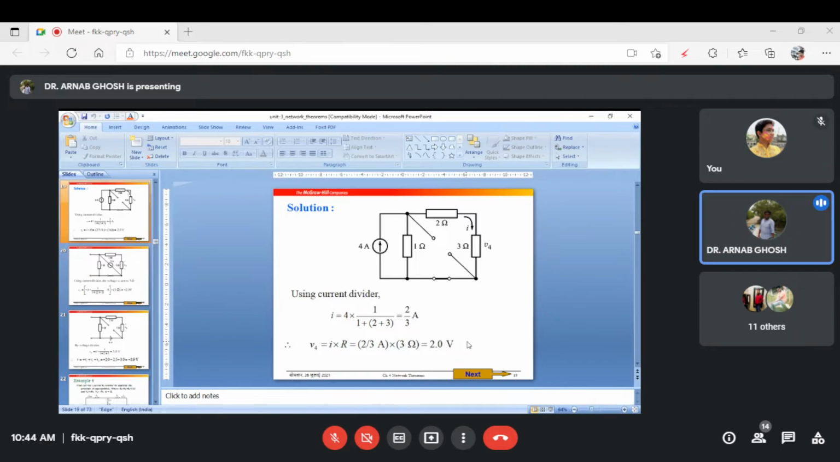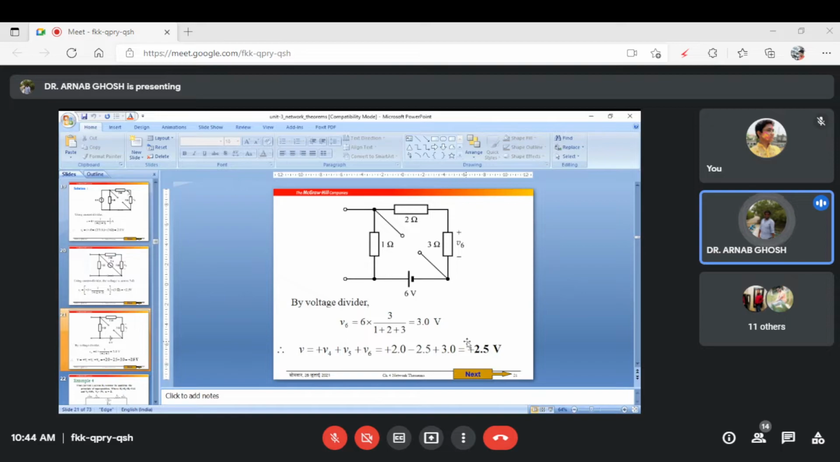For the 4 ampere current source, the voltage is coming out to be 2 volt, and for the 6 volt voltage source, it is coming out as 3 volt. So you just sum it up and you will get the value as 2.5 volt. Okay, so